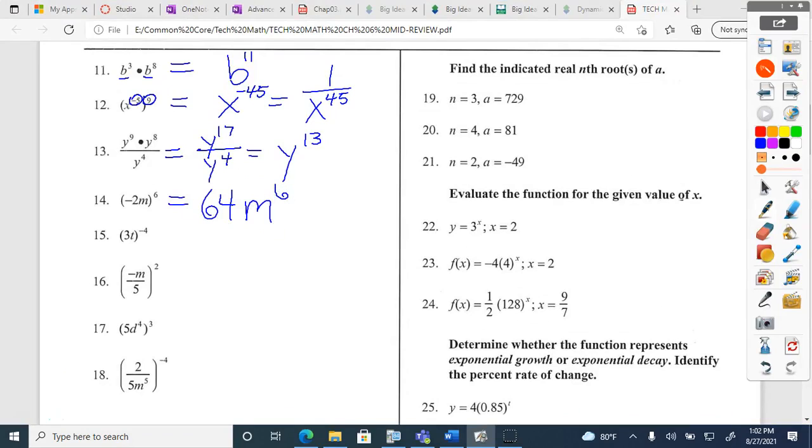Okay? Same thing with 15. Well, but what do we need to do first on 15? Move them to the bottom. Both. Because they're both being taken to the -4 power. So that would be 1 over 3t to the 4th power. And now you put 3 to the 4th power in your calculator. I believe that's 81. Is that, check me? Yep. 81